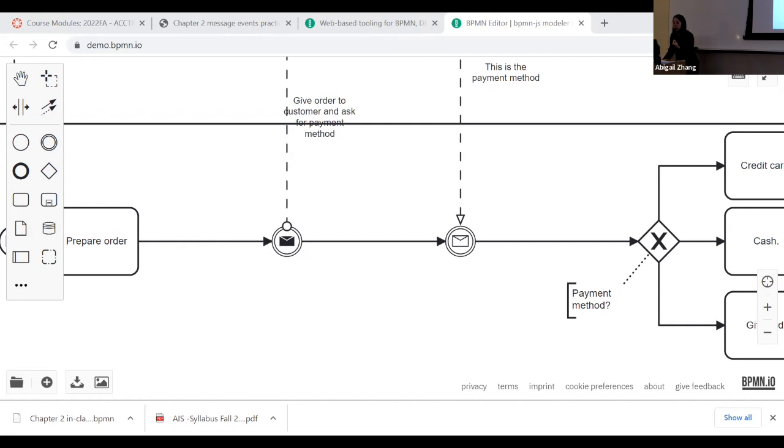But the error event just represents anything that would disturb the original activity. That's why it's called error, right? So these are two different concepts, and so you would use them differently. And also remember, in a gateway, after we open these different branches, let me just show you our